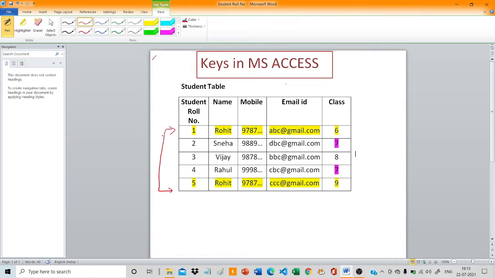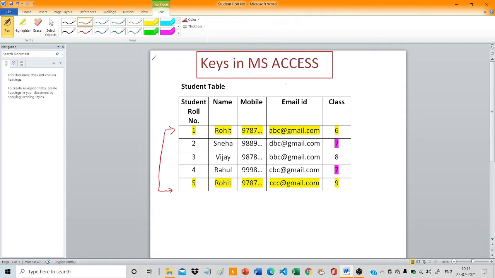Clear? So what is the main purpose of key? Key is used to uniquely identify any record. Record means rows of data or tuples, you can say that, from the table. It is also used to establish and identify the relationships between the tables by using foreign key also. Okay, we will discuss later on. But first, I am going to discuss about what is super key. Clear everyone? So first key is super key. After that we will discuss the candidate key.